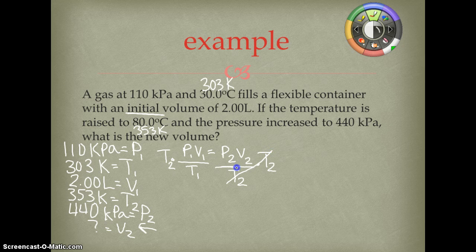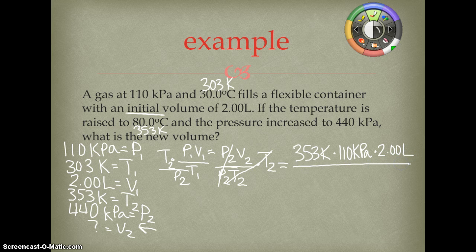And we can divide out the P2 to get rid of it. So now we can plug in our variables. So we have T2, which is 353 Kelvin, times P1, which is 110 kPa, times V1, which is 2 liters, divided by